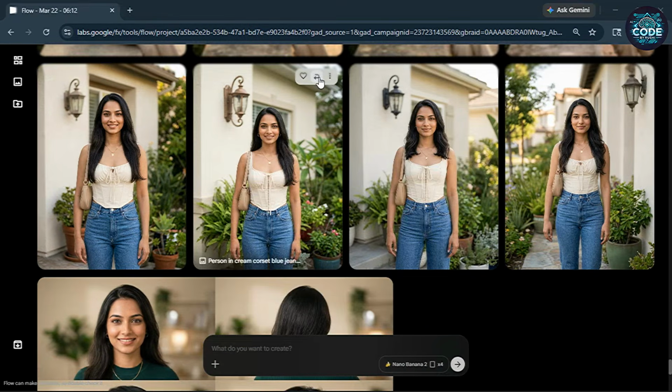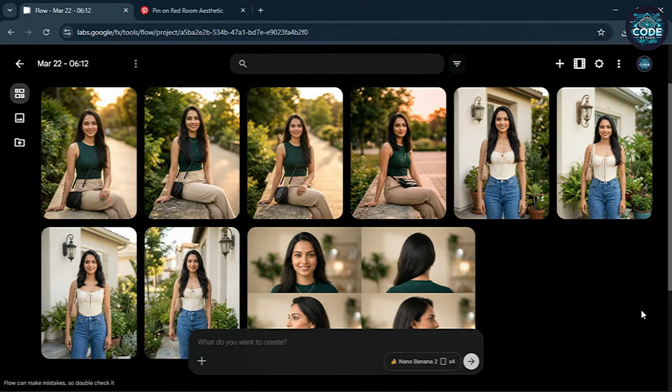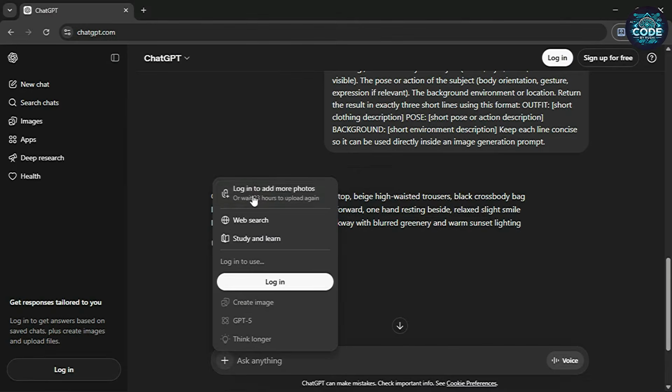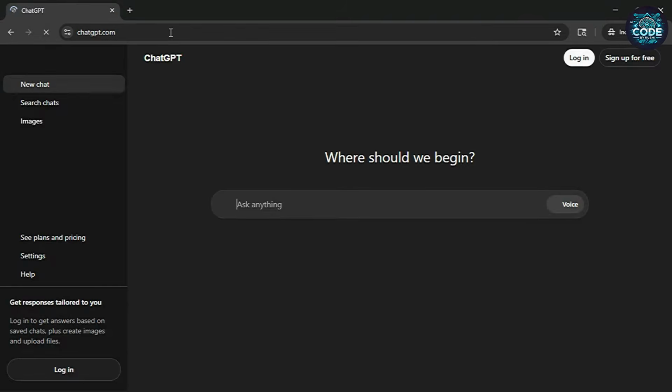You can also use the reuse prompt option in Flow to save your time and click Generate and your final image will be ready. If you hit the upload limit in